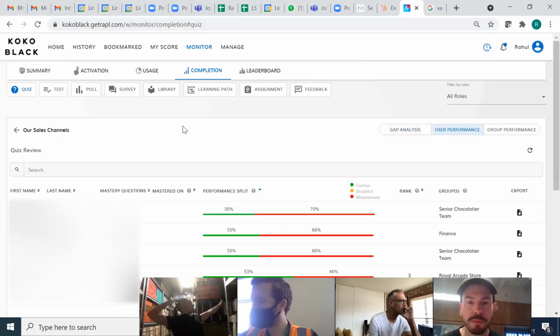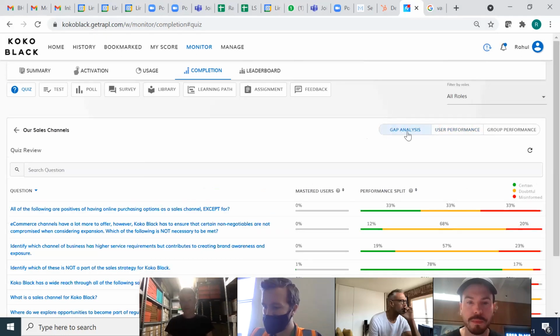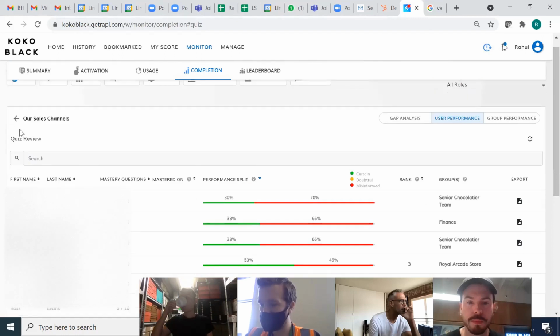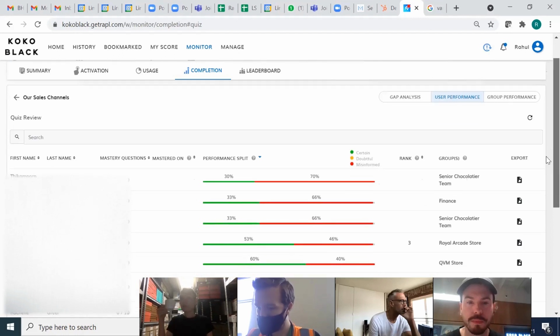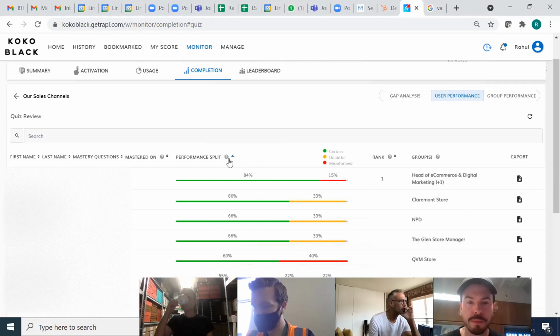It will give you the same data from the point of view of the individual people who have attempted it. Right. So the last one was topic-wise knowledge gap. This was user-wise knowledge gap. And again, it's the same, our sales channels, which we are covering here. Now, if you do a performance split, if you click on performance split, it will do a reverse sorting and